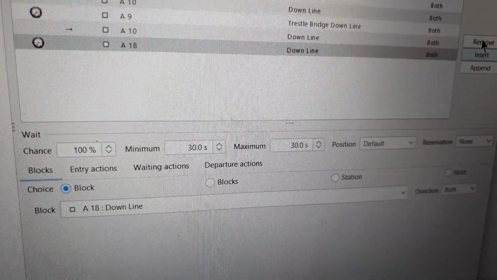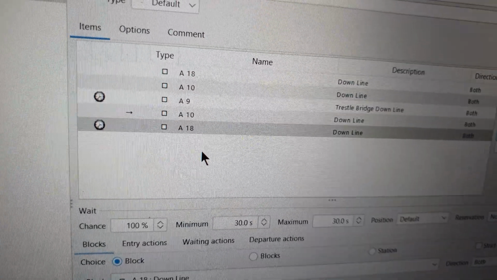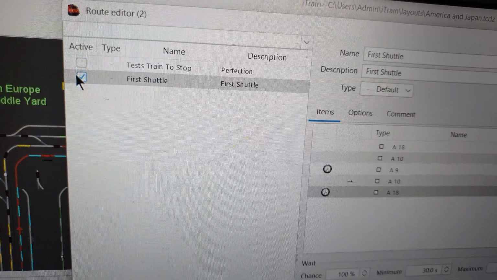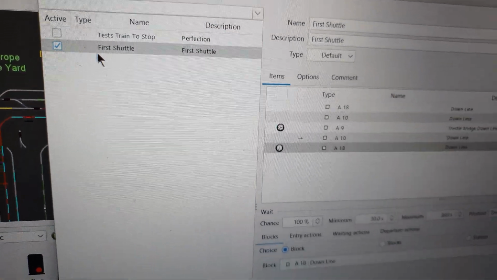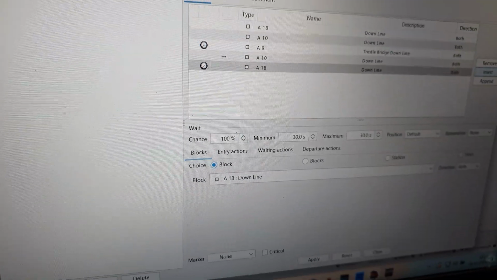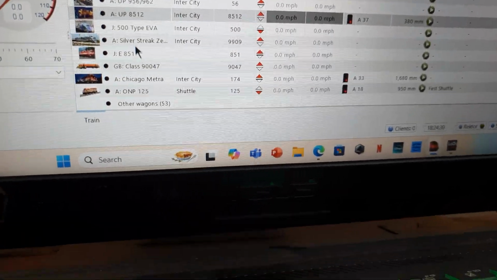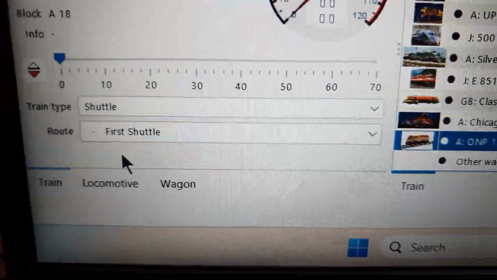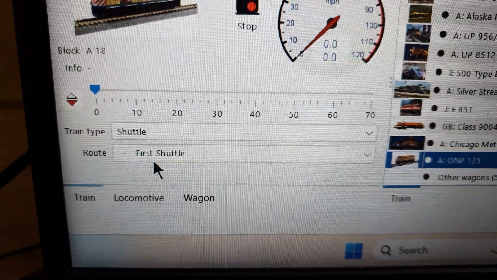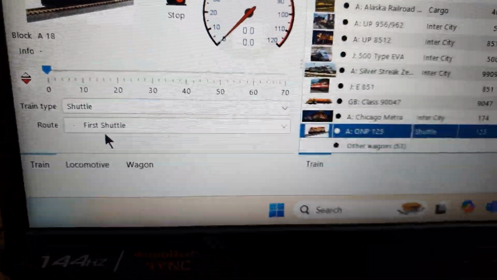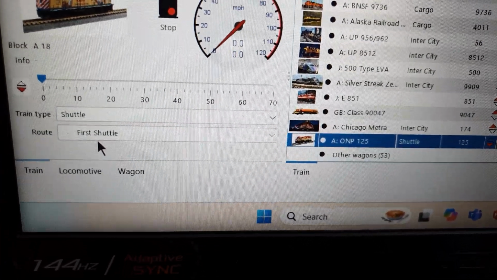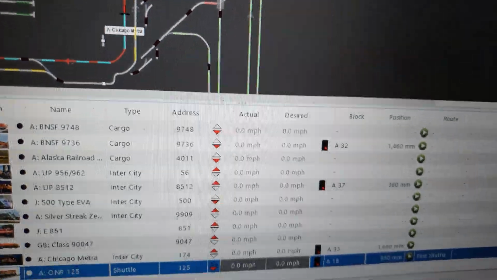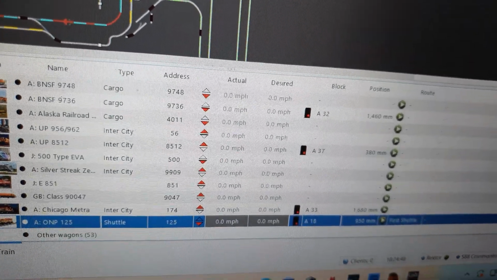I'll just remove that because I don't want it on. And then you just give it a name, save it, activate it, make it active, and then you go to the train itself, and down there I put the route in. And like I say, any train, if put on it, will do it. And the other good thing about any track route you do,